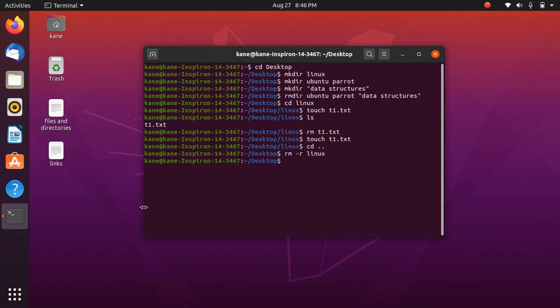So as you can see here, the folder named Linux has been successfully removed, and these folders have been permanently removed from the system. That is, you will not find these folders or files that we have deleted inside the trash.